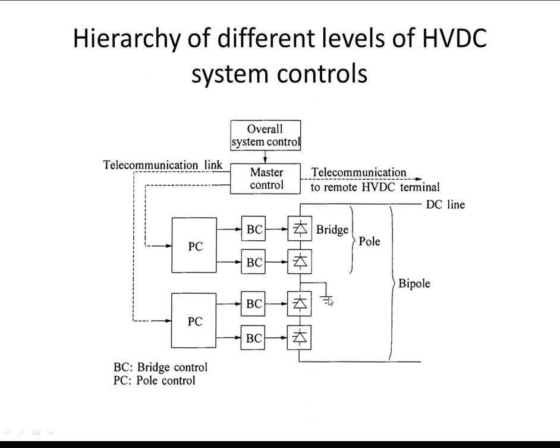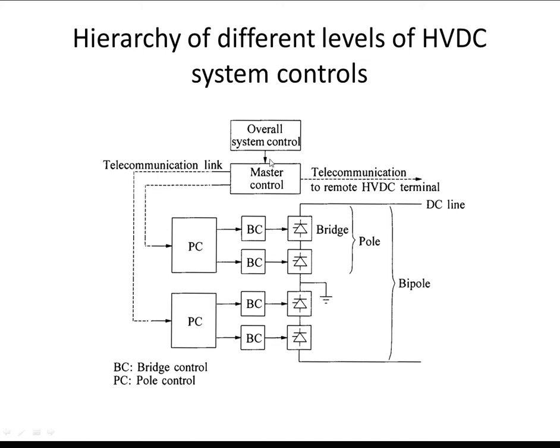So I hope you understand this single line diagram of the different levels of the HVDC system. I again repeat this. Bridge control provides the signal to the valve of the bridge, like alpha minimum or gamma minimum. Then pole control coordinates the control of the bridges in the pole, and converts the current order to a firing angle control. The current order signal is given to this pole control from the master control. Clear? The master control function is to determine the current order and provide the coordinated current order signal to all these poles, pole number 1 and pole number 2.